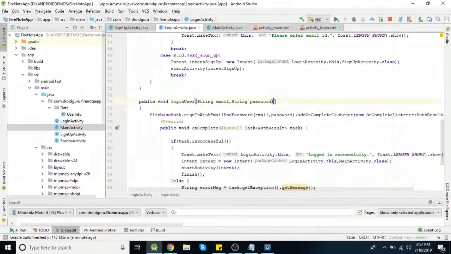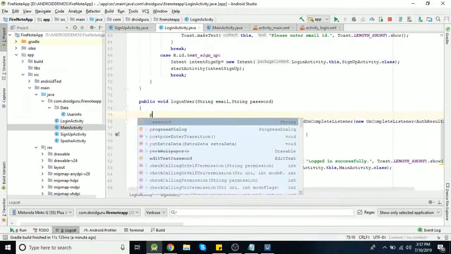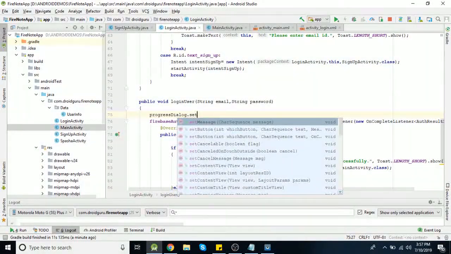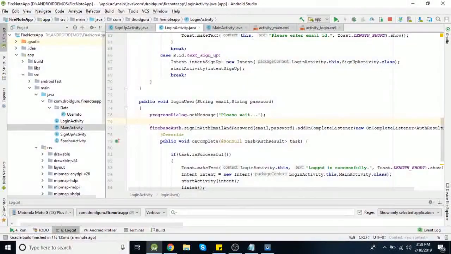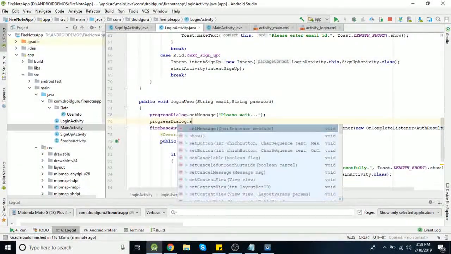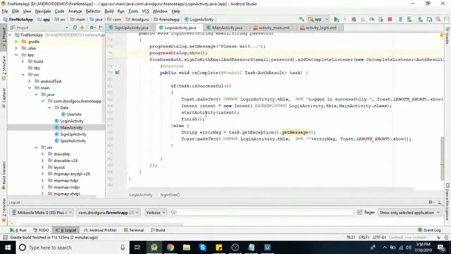So set message, and progressDialog.show. Now whenever the task is completed, if it is successful or failed, we need to dismiss that dialog. Okay.